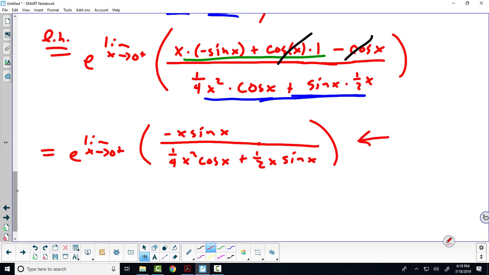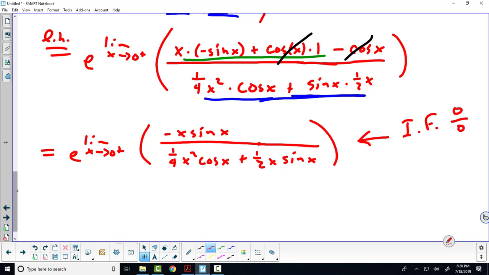All right, this still has indeterminate form 0 over 0. The numerator goes to 0, the denominator goes to 0. But I have hope, having done a few of these before, that we're getting pretty close. When I go to take the derivative of this x sine x, I'll do a first derivative of the second, plus a second,